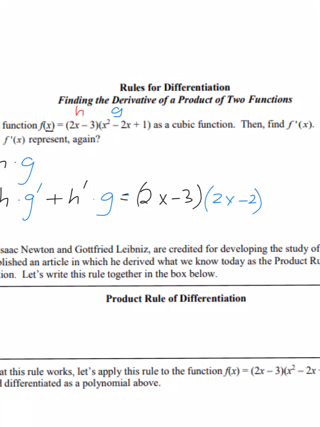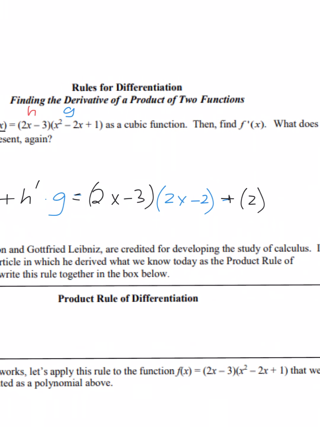Then I would add the derivative of 2x minus 3, which is 2, and leaving g alone, which will just be x squared minus 2x